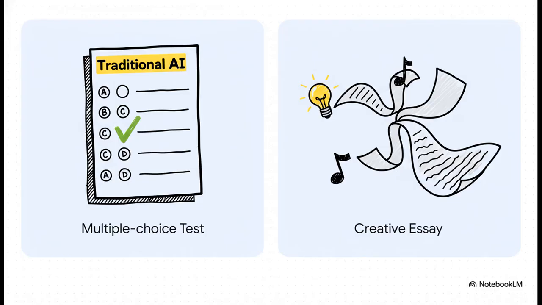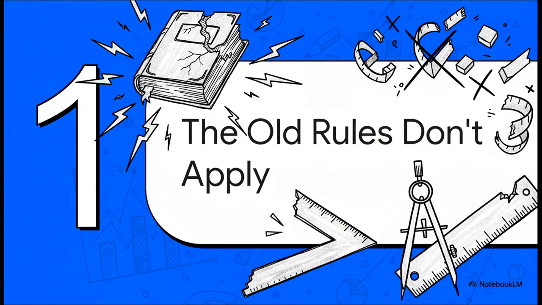I think this is the best way to frame the problem. Think about it. Evaluating the old school AI was basically like grading a multiple choice test. You had a question, and there was one clear, correct answer. Easy. But with today's generative models, it's much more like grading a creative essay. There isn't just one right answer, and suddenly quality is way more subjective. And because of that huge shift from these clear black and white answers to this gray area of subjective creativity, the old rulebook just gets tossed right out the window. The metrics we've been relying on for years, they're just not built for this new world.